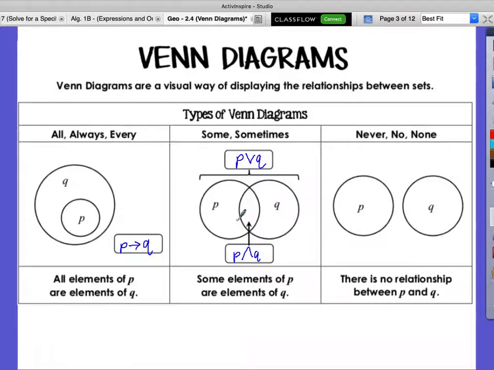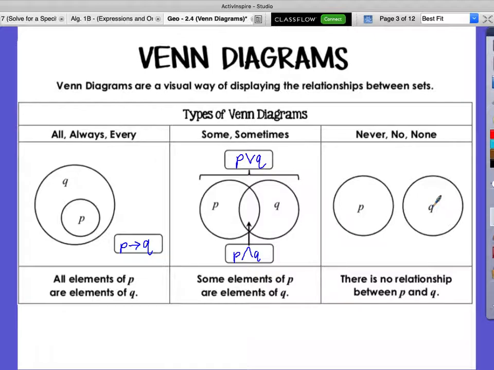And then in our third category, and you probably haven't seen this much either though, it's our never, no, or none. There's no relationship between these, okay? They're completely separate. That's like saying students that are sophomores and students that are freshmen. Is it possible for a student to be both a sophomore and a freshman? No. Okay? So you're one or the other, okay, in this category, okay? So you can say that you're either one or the other, okay, for those two elements, for those two sets,